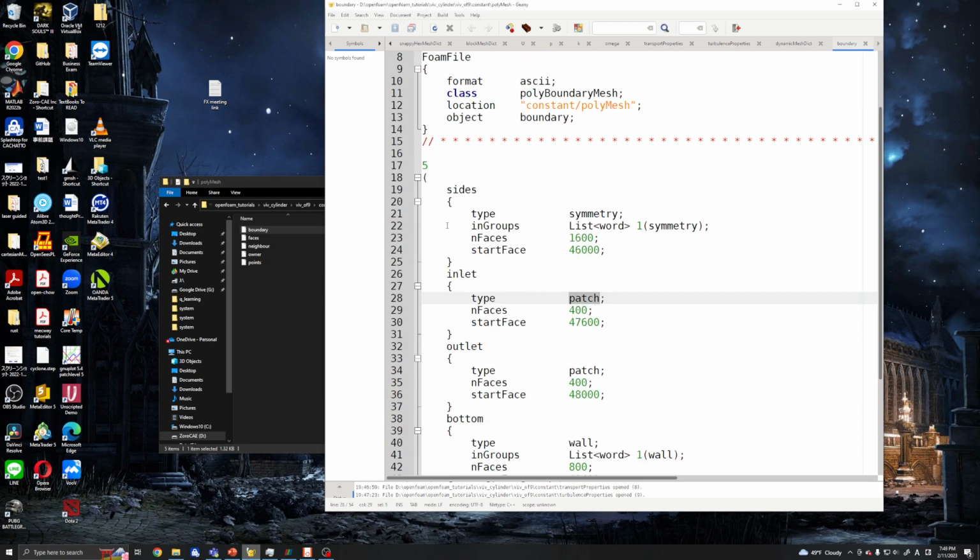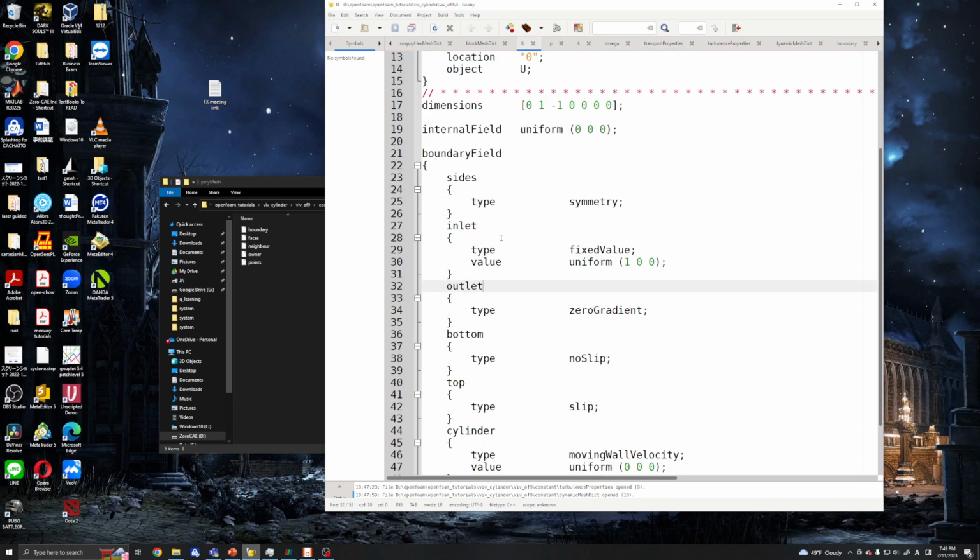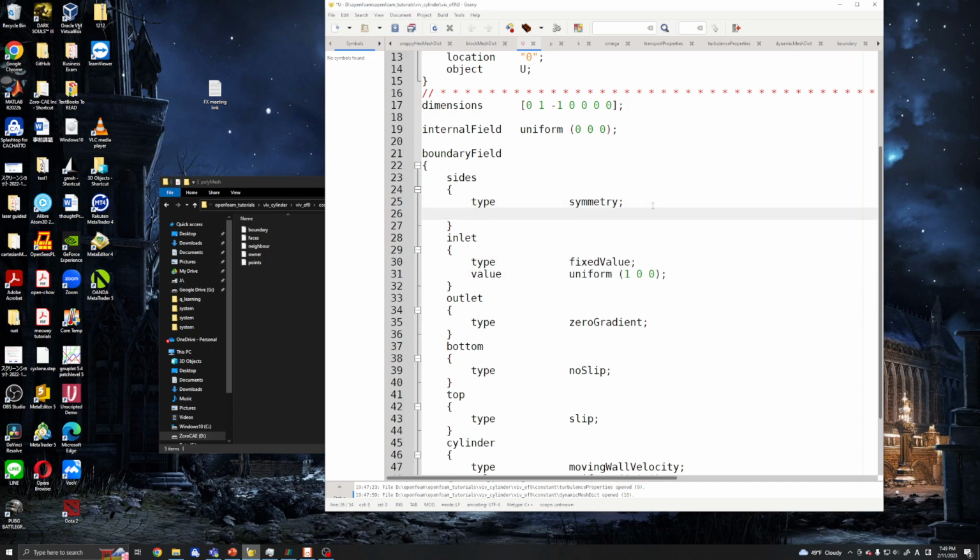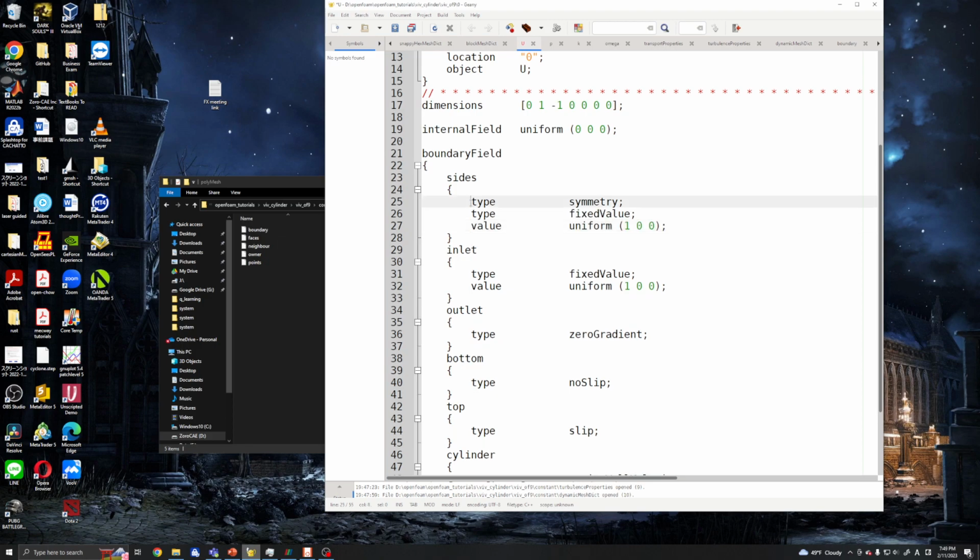So for example, if you want to use wall for the sides boundaries, we type walls instead of symmetry, and we can change the boundary conditions one by one like this. Okay, to make it wall like this. Okay,